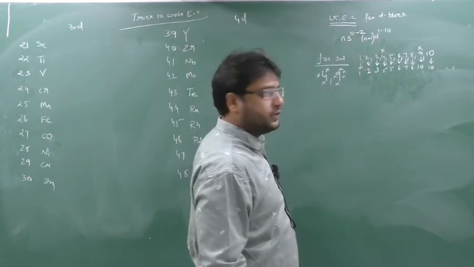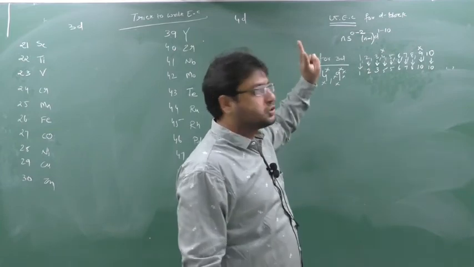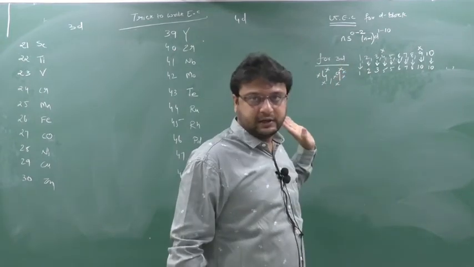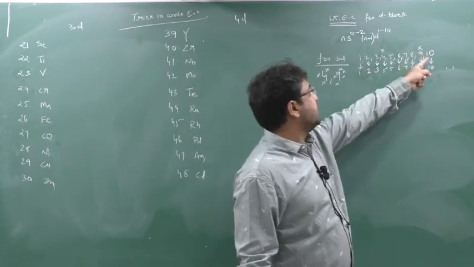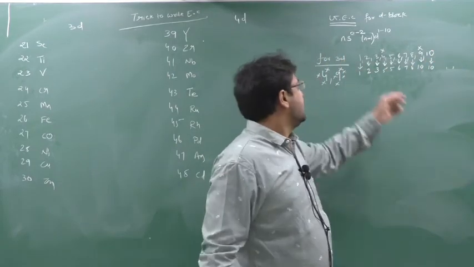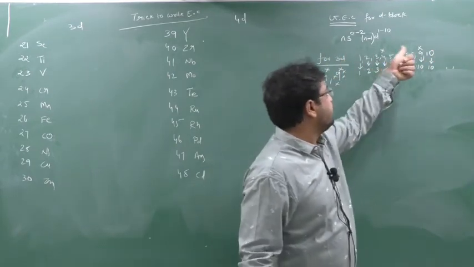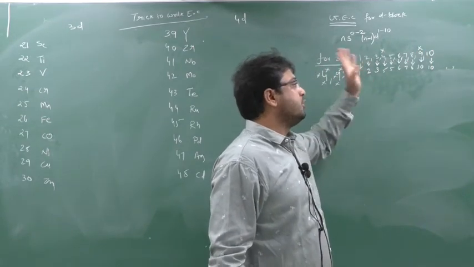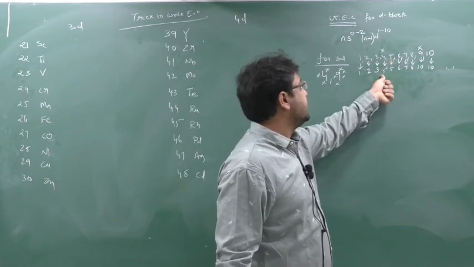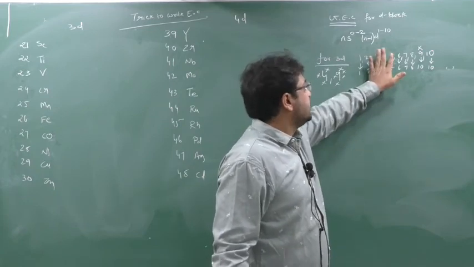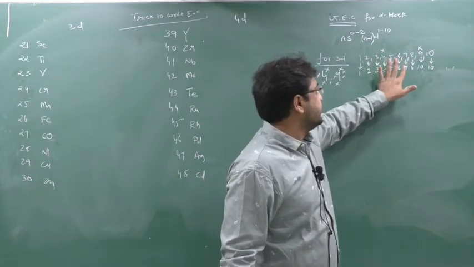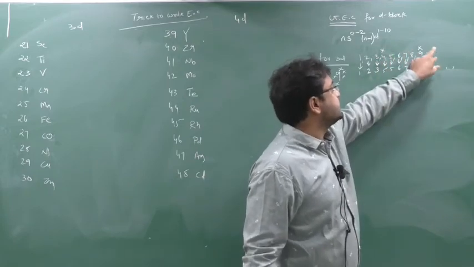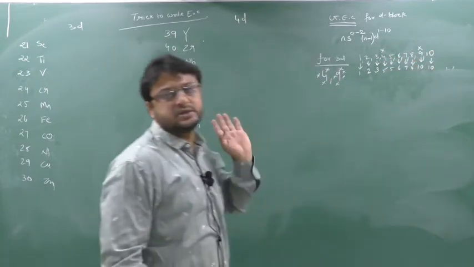For the 3d series, two numbers should not be taken: 4 and 9. Write down the numbers for d: 1 to 10, so 1, 2, 3, 4, 5, 6, 7, 8, 10. I told you 4 and 9 should not be taken. If 1 is coming, take it; 2 is coming, take it; 3 is coming, take it. But 4 comes, don't take. After 4, what is there? 5. So you take 5 here. Clear this portion? Now 5 you take, 6 you take, 7 you take, 8 you take, 9 don't take. Take the next number, 10. That's it. This is a simple trick.